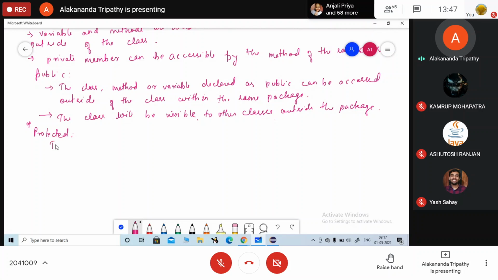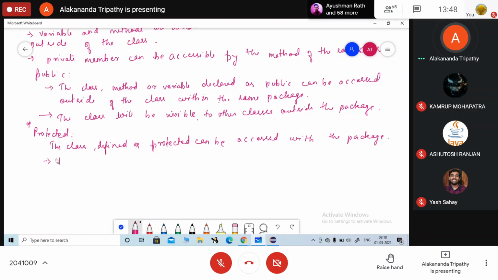Here the class defined as protected can be accessed within the package. Okay.